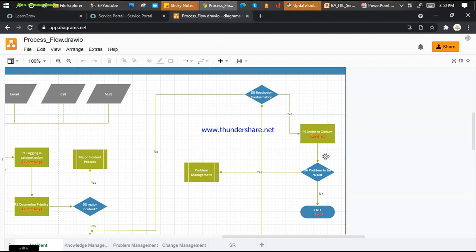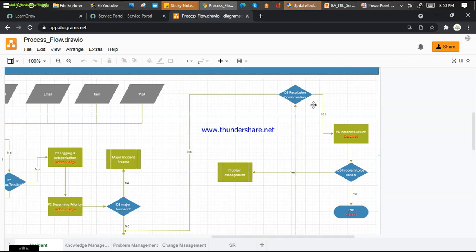And now the question comes for my L1 team: do they want a problem record to be opened for the same? If yes, they will initiate the problem management process. If no, the process will end and my incident will be moved to the close state. In many industries, I have seen the practice that service desk executives never prefer to close any incident. They resolve the incident, and after 5 days, 7 days,